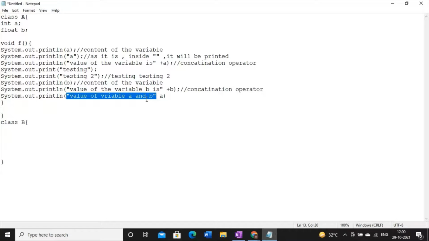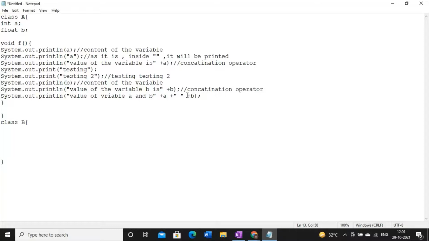This is a string and this is an integer, so I will use a concatenation symbol. Now, after printing the value of a, I need a blank space. This is how a blank space will look. A blank space in Java is a string and this is an integer, so in between I need another plus sign. Then, after this blank space, I want to print the value of variable b. This is a string, this is a float, so I need again a concatenation symbol, right?